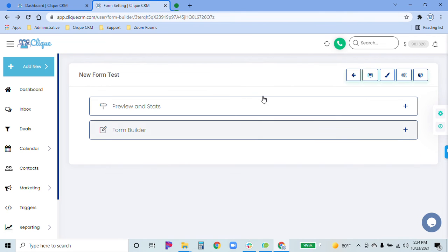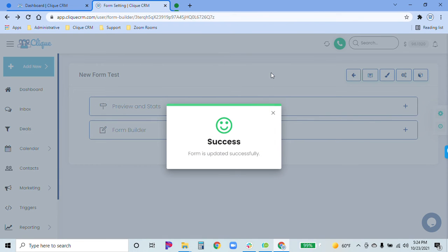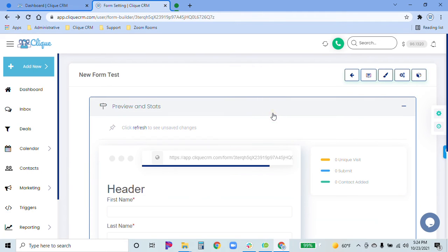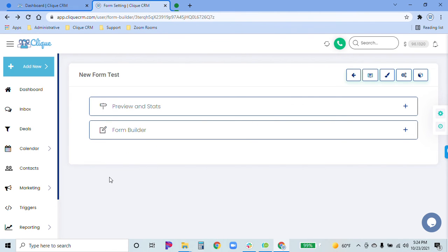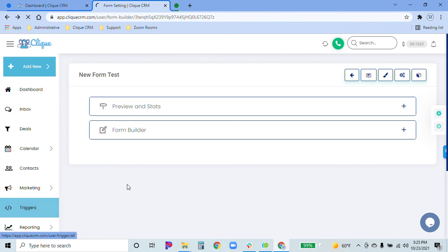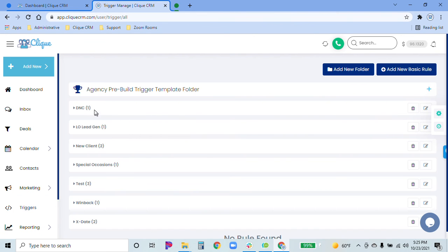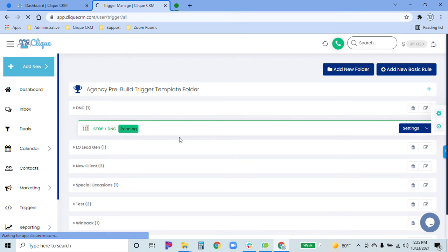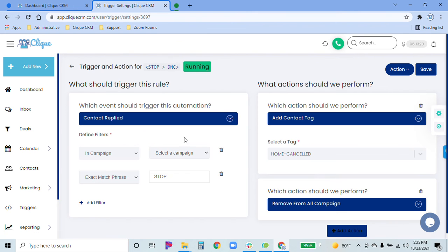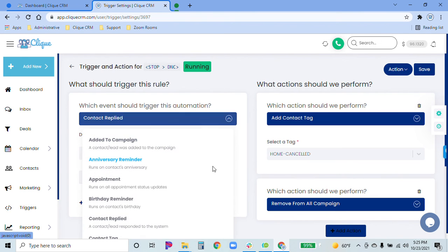Now, I do want to touch base briefly on creating a trigger from a form submission. That'll go more into the trigger functionality and maybe into that module, but I just want to touch base on it just in case you plan on building a form directly after this video and connecting it to automation. So from the triggers, and after you've created a specific trigger for this form, you'll go in and choose